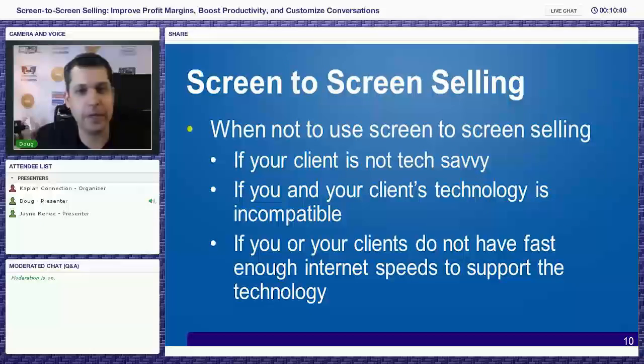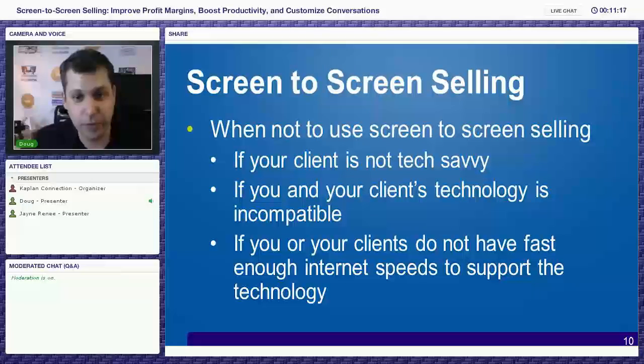As far as when to use screen to screen, or maybe when not to use screen to screen, I would probably go through a little checklist inside my head, really quickly, to determine if this is a good fit or not. If you start to ask specific questions, and maybe we're going to send the customer an email and they're not comfortable with email, well, the chances are they're probably not going to be able to download an app or participate in a conversation. So this really appeals to those customers that are a little bit more tech savvy than your